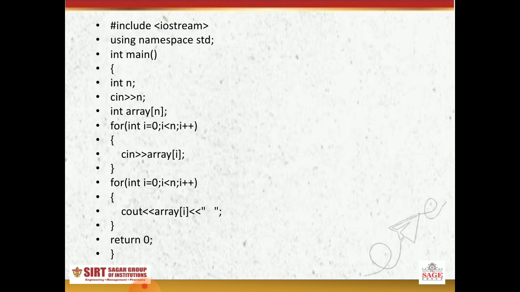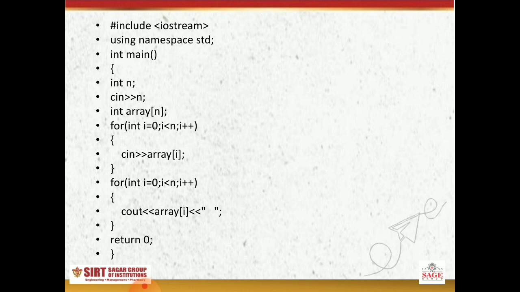Now this is also the same program, but in this program we take the size of array from the user. In this we take n as the size of integer array, int array[n], we just declare here, and we use a for loop.